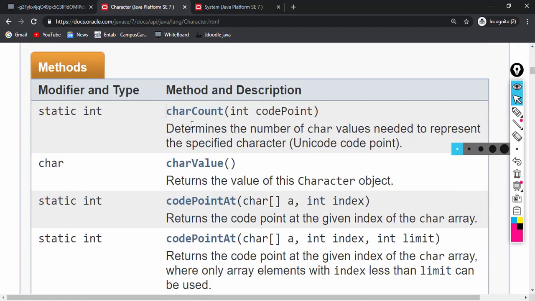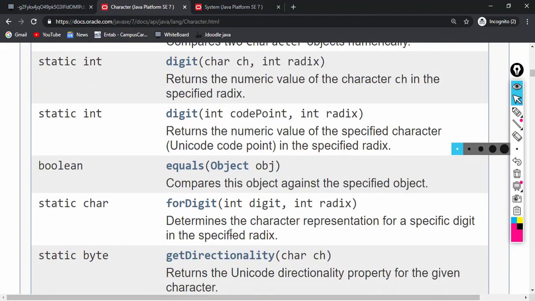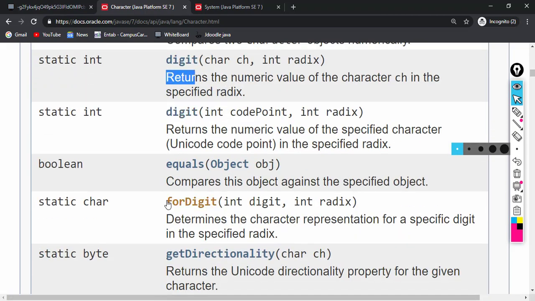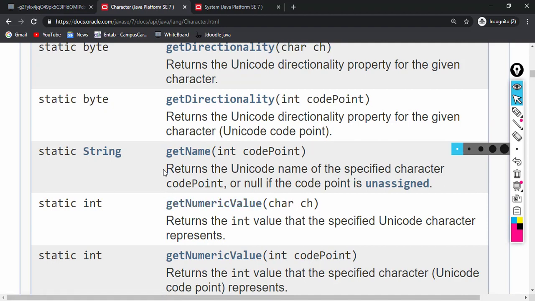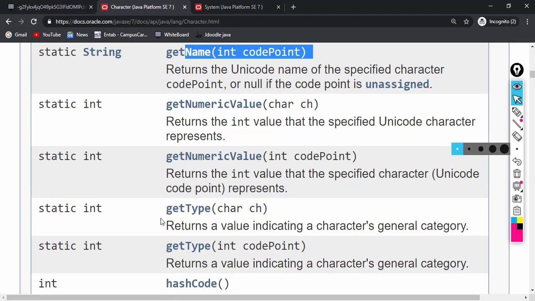Just look at the list of the functions available here: char count, char value, code point at, digit, for digit, get name, get numeric value.